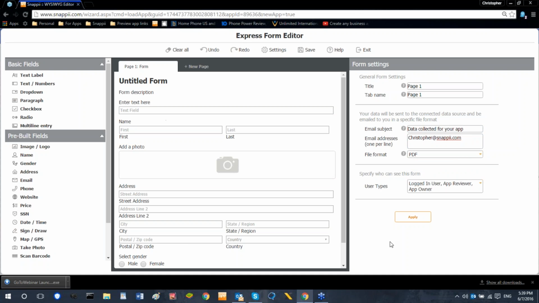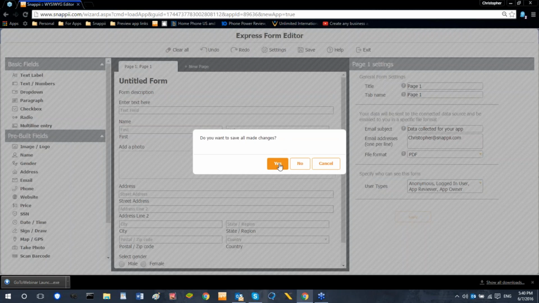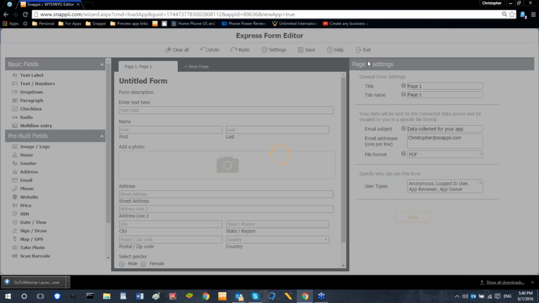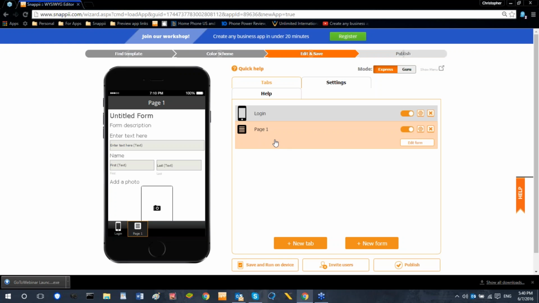So we're not really going to change anything here. I'm actually going to recheck anonymous just for the sake of keeping things simple for now. So let's see. If we were to exit here, you can exit, and it'll automatically ask you every time if you want to save all your changes. You'll see this tab is actually now called page 1 just because I try to keep it simple. I couldn't really think of anything